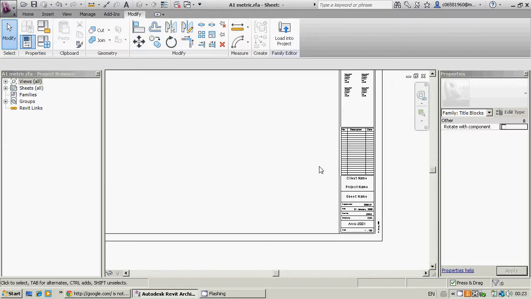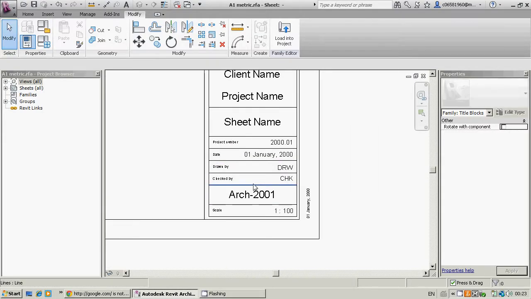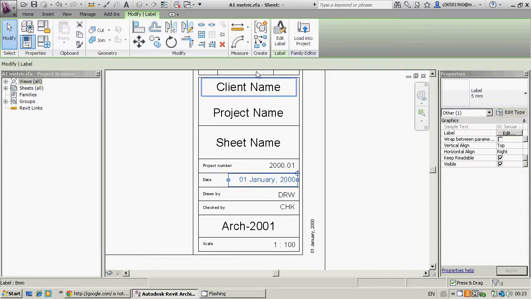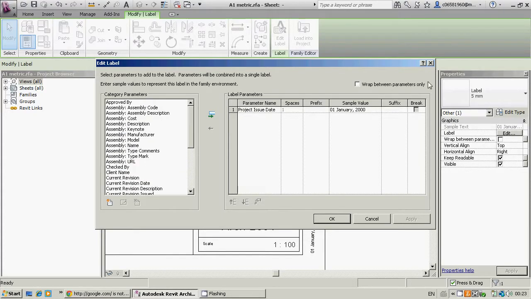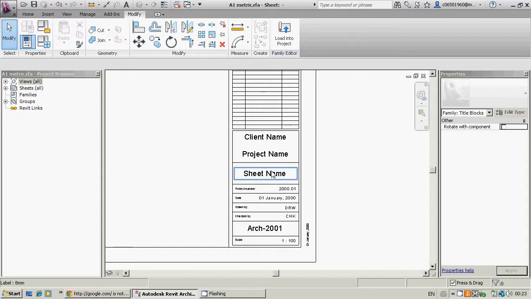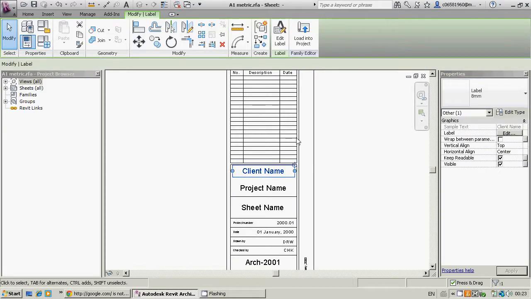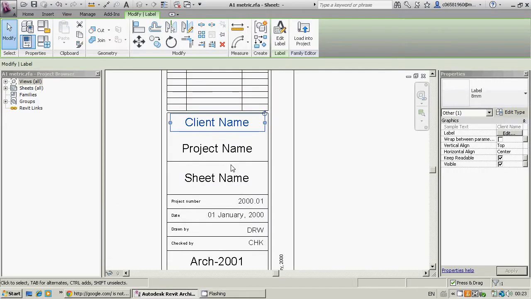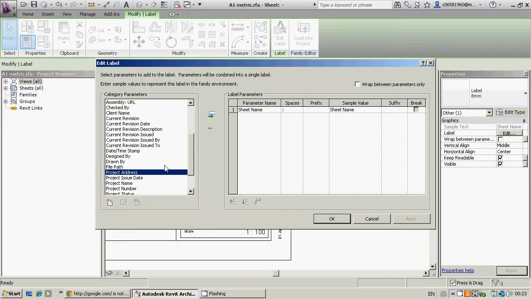So, you all know how to set up a sheet from first to third year by now, so it's just a case of editing all these and changing them to show what information you want. Now these are actually intelligent labels, so essentially they match up with the project. So instead of actually deleting any of these, you should probably just edit them. So say,